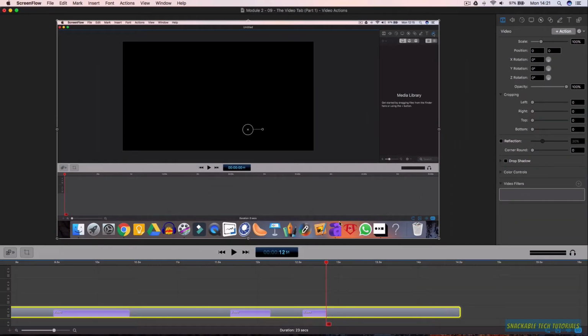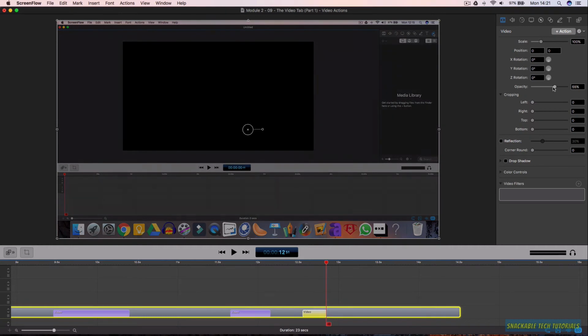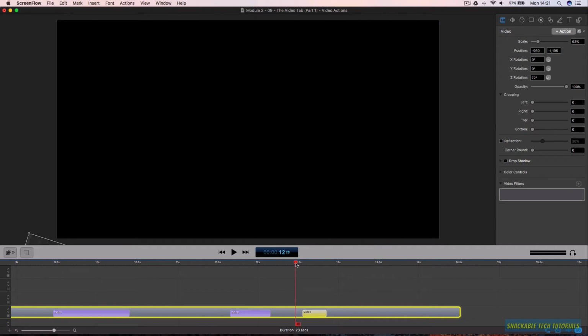So say we want the clip to end up being transparent. What we could do here, after this action, is turn down the opacity to say almost there, just for the example, and then before